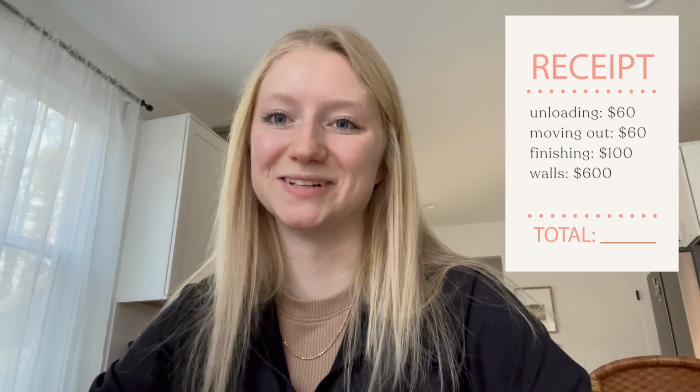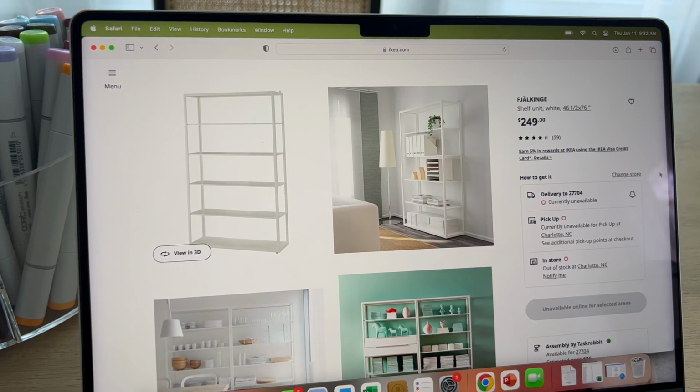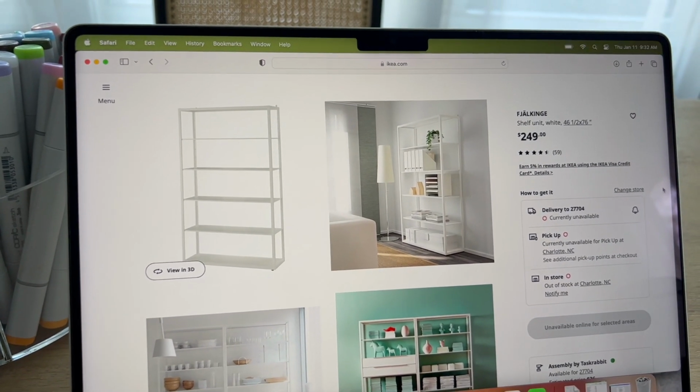So that'll make it look a little nicer. So that is like labor that we have to do as well. The walls cost $600, which is a lot to me personally. Another little wrench: I ordered 2 of these shelves from IKEA about a month ago, and they were supposed to